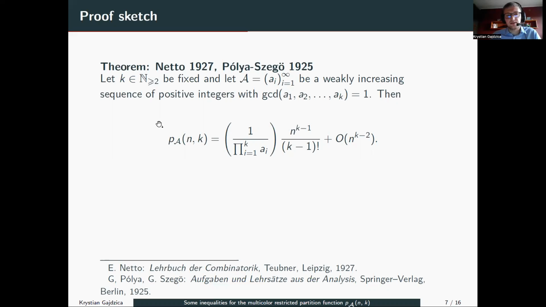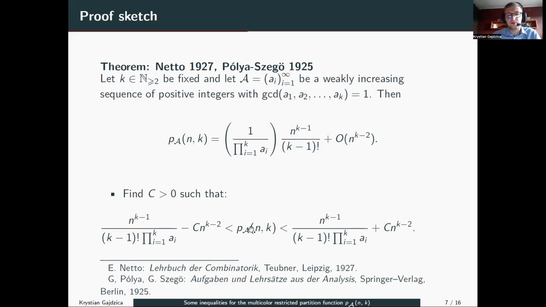The proof of this theorem of Netto and Polisgo was obtained by the partial fraction decomposition of the generating function related to the function p of n,k. And it is also worth mentioning that there is a very nice proof of this fact by induction due to Professor Nathanson. And from this theorem, the idea is quite easy. We want to bound the function p of n,k from above and from below by the following expressions. And once again,